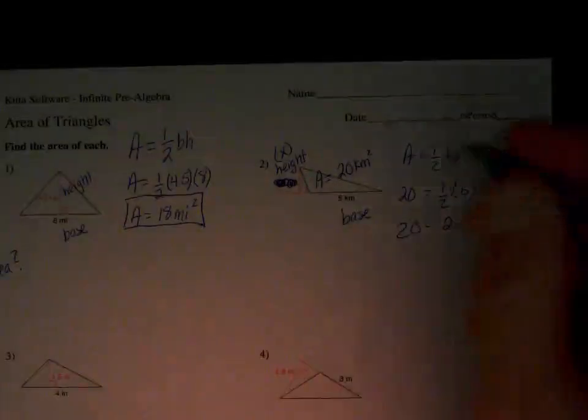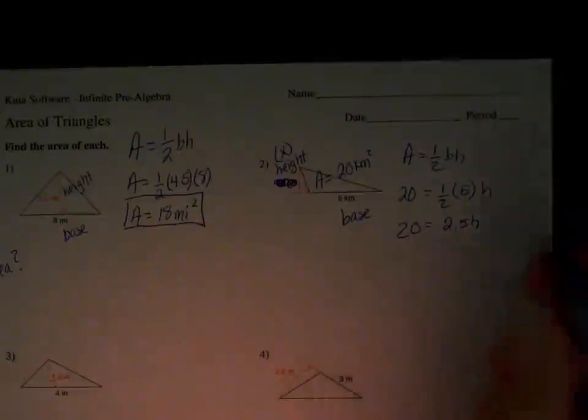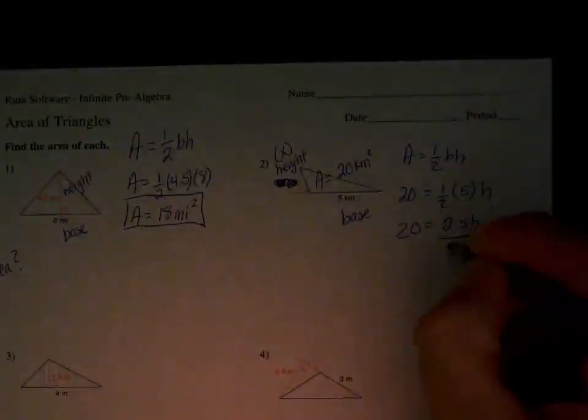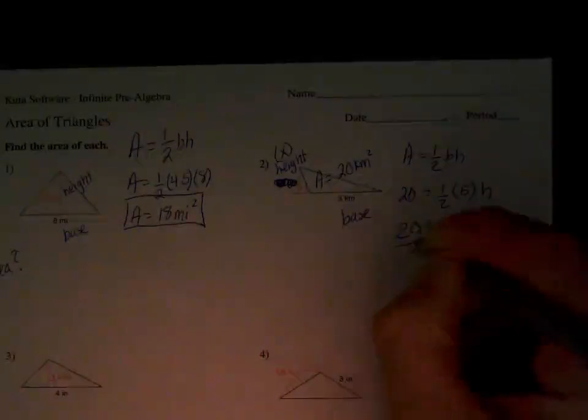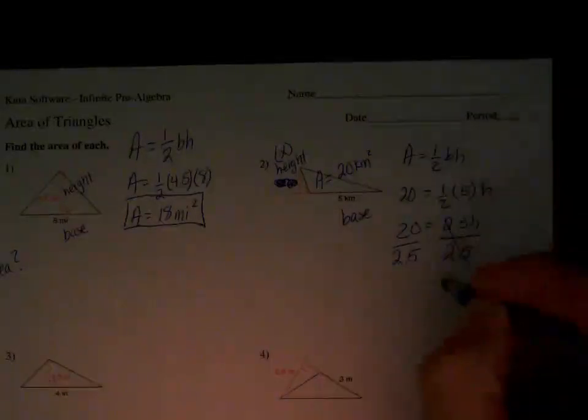And remember, we have multiplication. So what's the opposite of multiplication? Because we need to get the H by itself. Yep, you said it. You know that it's division. So we're going to divide both sides by 2.5. And when we do that, we cross out our 2.5s. And our height,